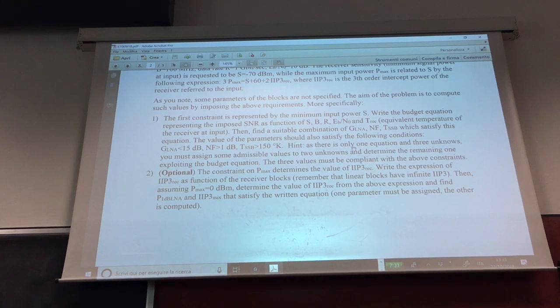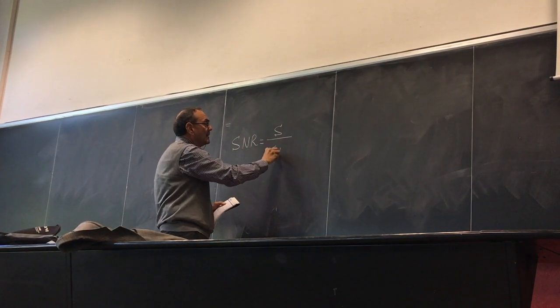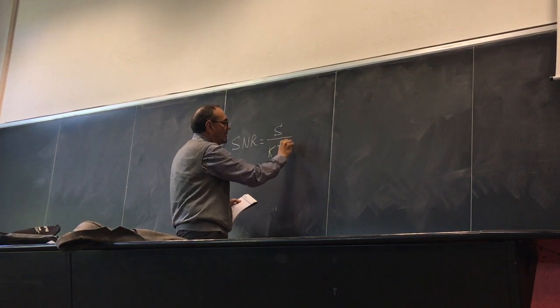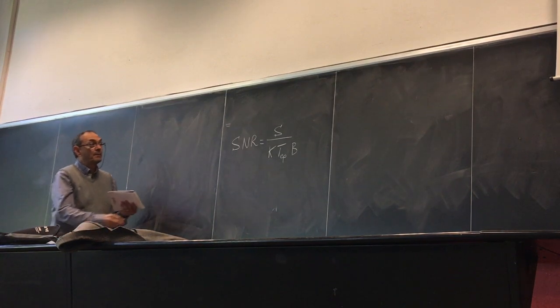So let's see how we can start with the solution. Obviously, we start with the first question, and what we have to do is to write the budget equation. We start with the fundamental requirement. The fundamental requirement is represented by the SNR of our receiving system, which is given by the received power S divided by the total noise, which is given by this ratio. This can be expressed in dB, obviously,